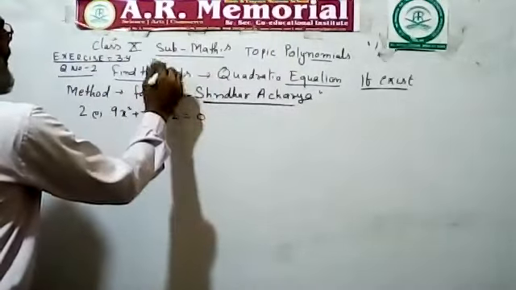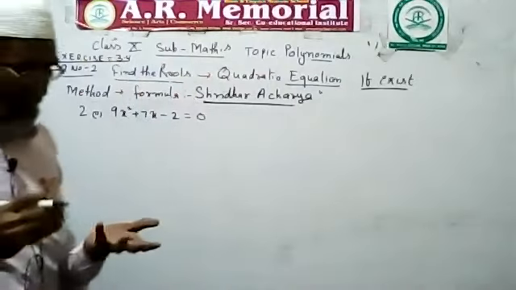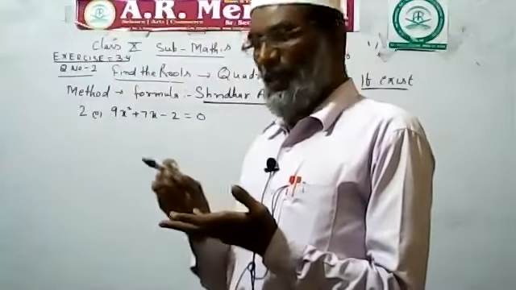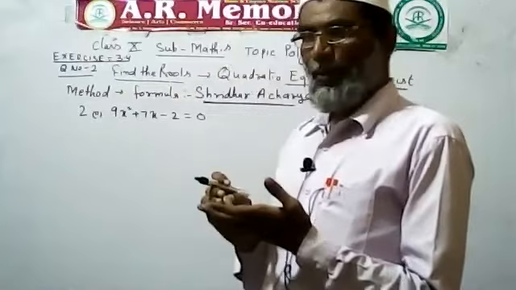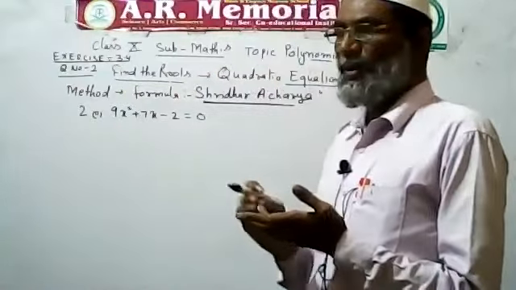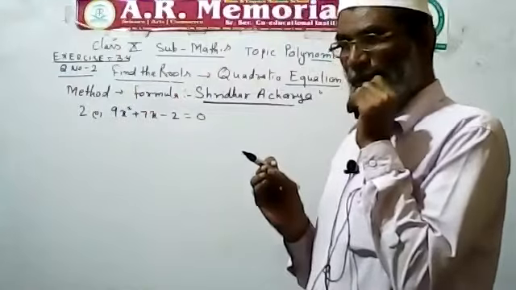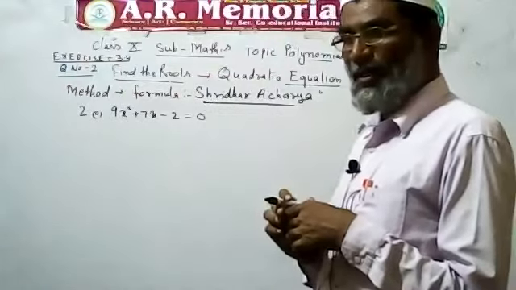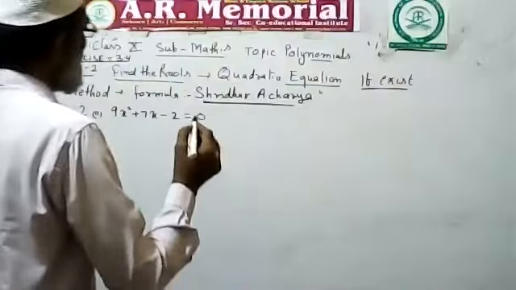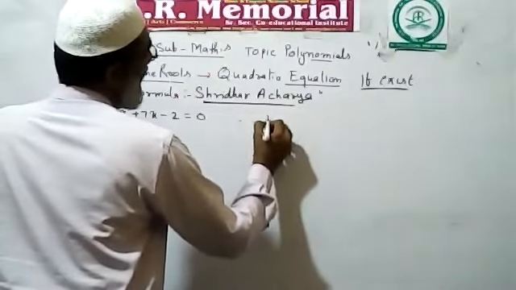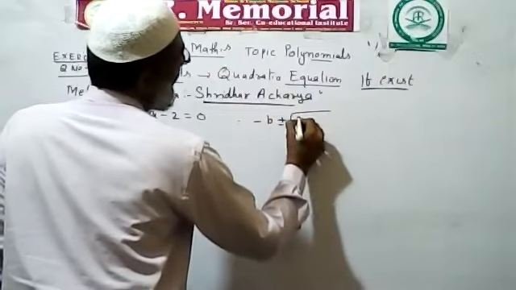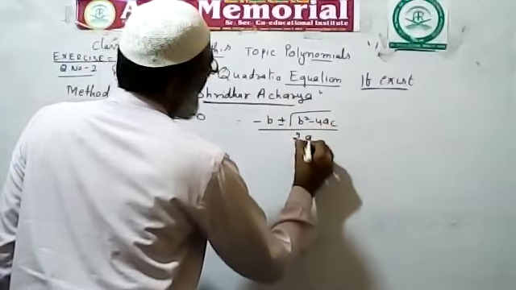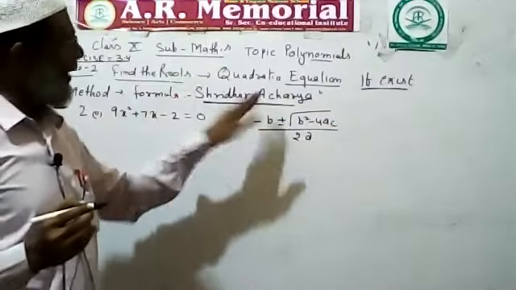Here it is the topic, so I can use factorization. Yes, we have already learned how to find the factorization and their roots, alpha and beta. After that, perfect squaring, yes, it was also completed in the previous video. Now today, the method is Sridharacharya. Sir, what is this? Here comes a formula: x equals minus b plus or minus square root of b square minus 4ac, upon 2a. This formula is called the Sridharacharya formula.